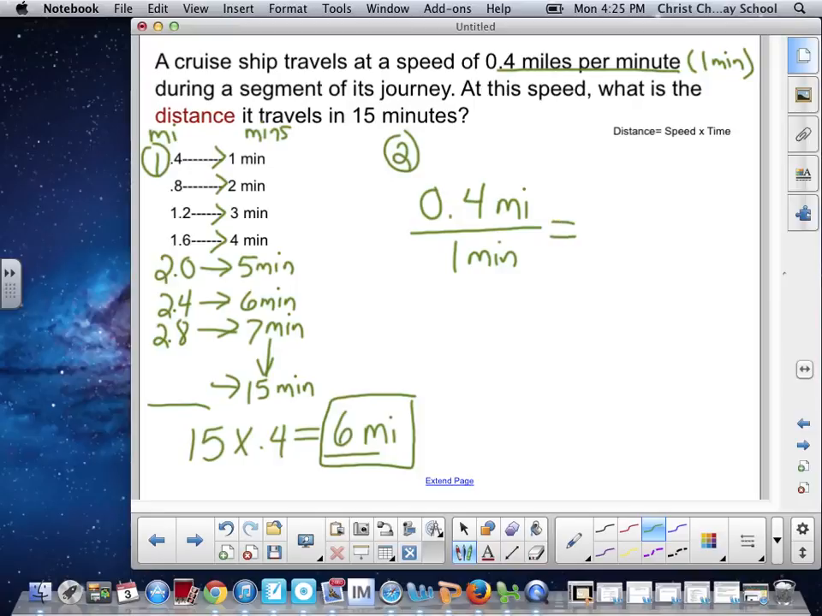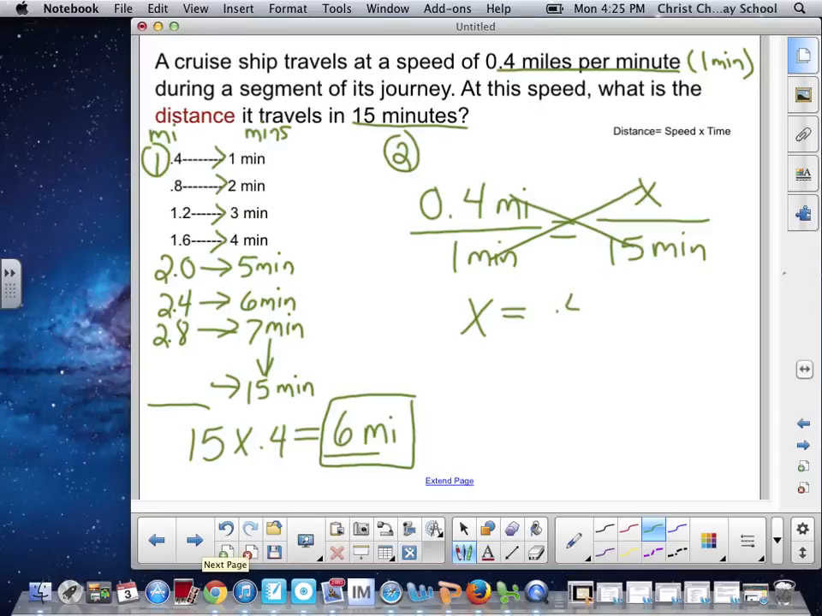Equals. Well, I know that it says in 15 minutes, so I'm going to keep my like terms together, and I'm trying to figure out the distance. So there's my variable, x. Now the second step would be to cross multiply. So x, or 1 times x, or x times 1, will get x equals